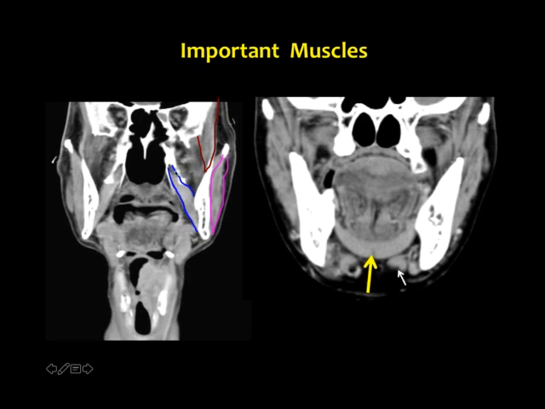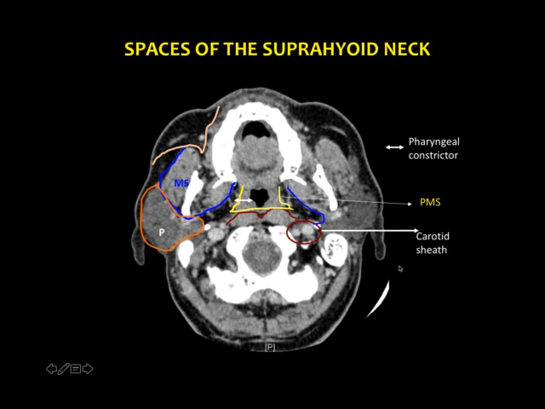The lateral pterygoid will be more horizontal, will take origin from the outer aspect of the lateral pterygoid plate, and will insert into the ramus of the mandible. Another important muscle which forms the floor of the mouth is the mylohyoid sling, a sling shaped muscle, and you can appreciate that. Below the sling shaped muscle is the